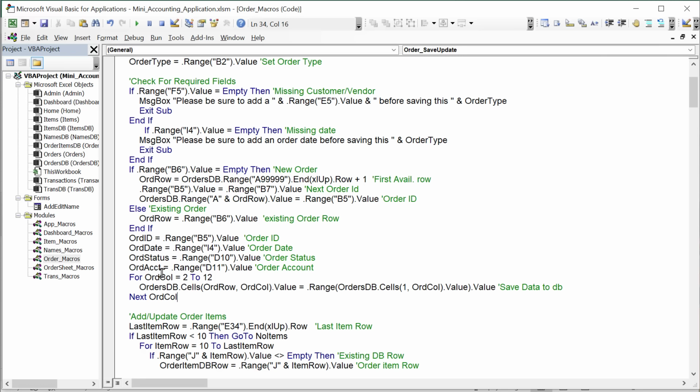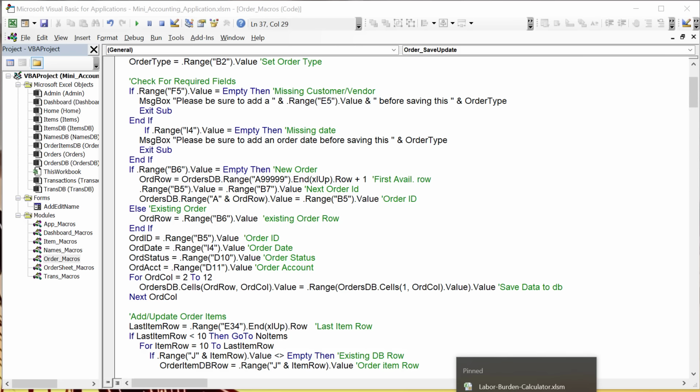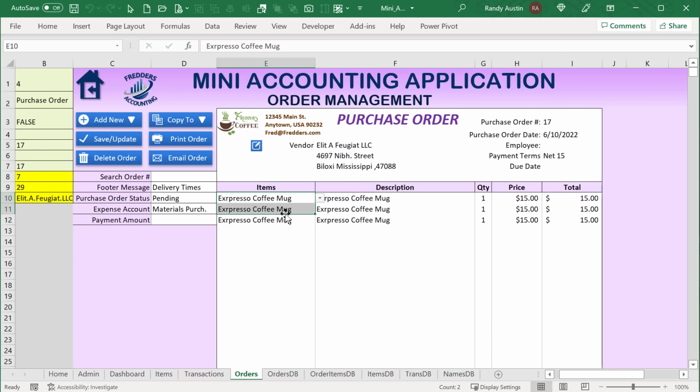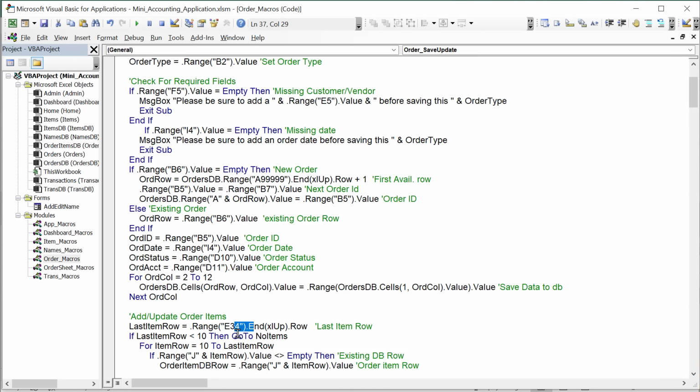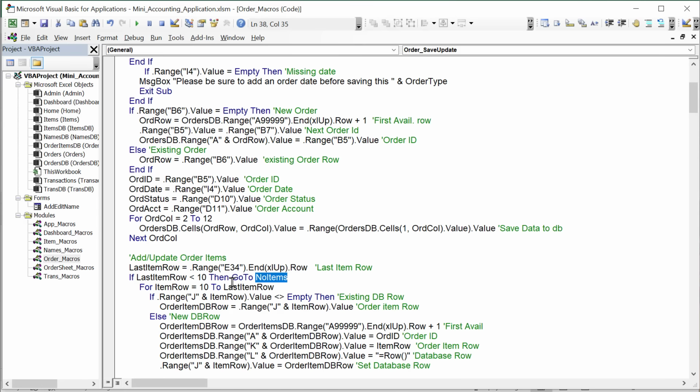But first, we need to determine the last row of the items based on E34 and XLUP row. That's going to get us the last item row so that we can loop through all of the items. In this case, the last item is row 12, so we'll loop from 10 to 12. If the last item row is less than 10, then go to no items. For the item row equals 10 to the last item row,